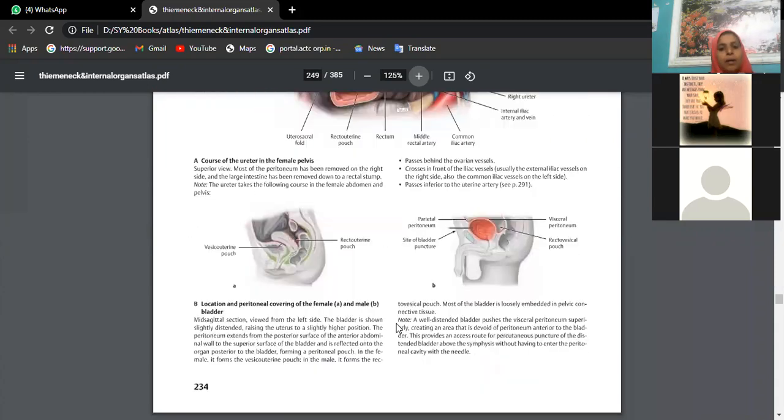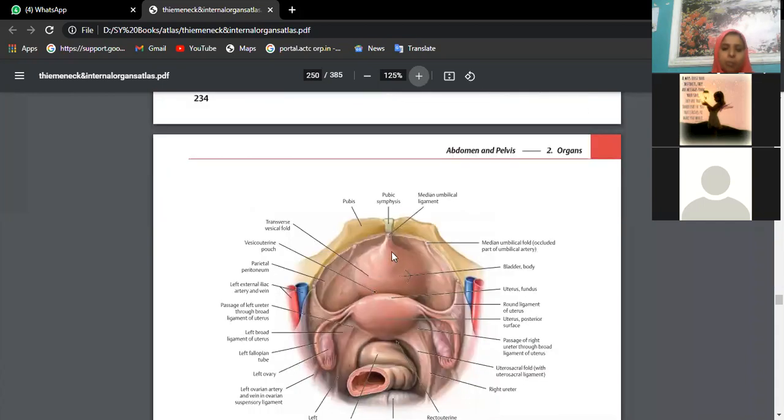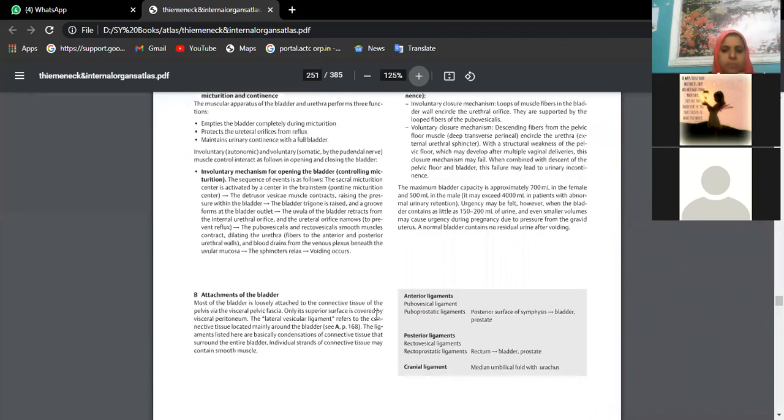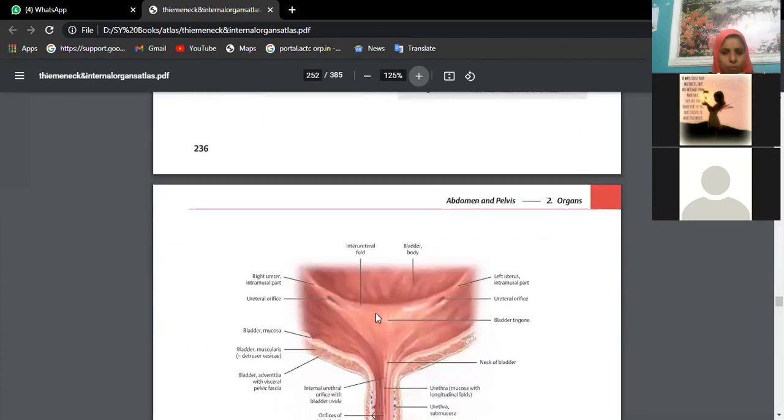In the male, see, this is the female section, no? Urinary bladder in front, this is the pubic symphysis. Behind the pubic symphysis, you have the urinary bladder, this is the median umbilical ligament. We have the uterus, behind which we have the rectum and anal canal. Broad ligament, inside which we have the fallopian tube, ovaries, and of course the modifications. What are those? Mesosalpinx, mesometrium, mesoovarium.